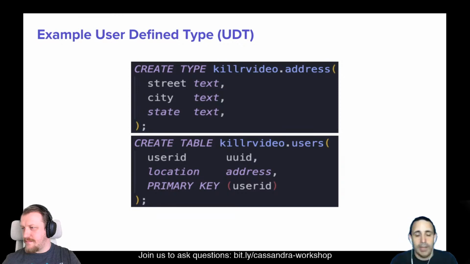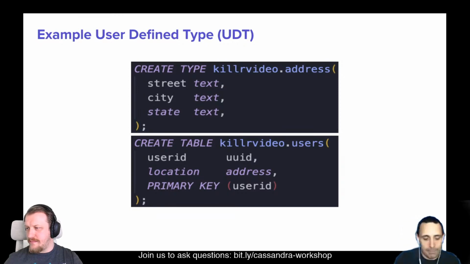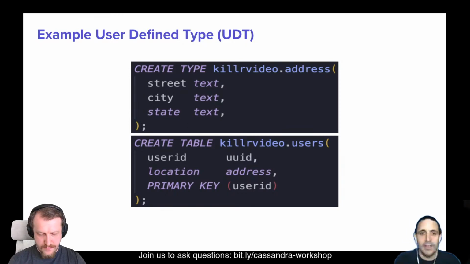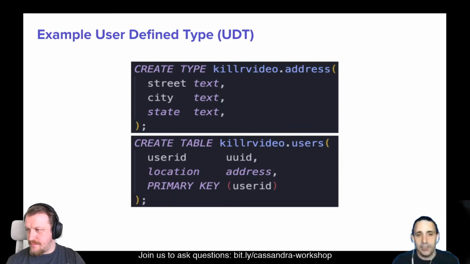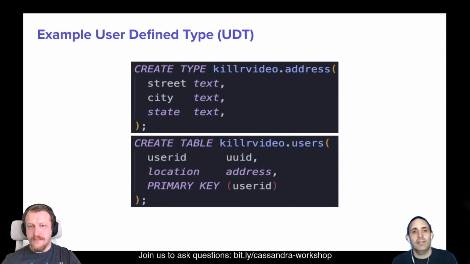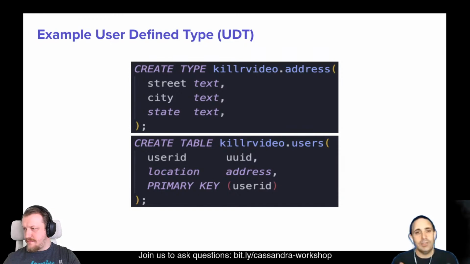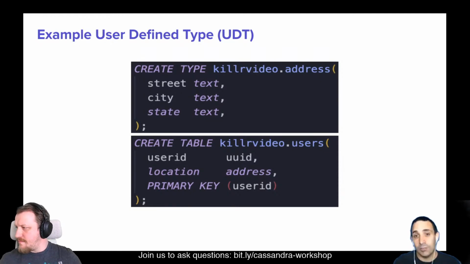And you can play with all that. You can have a list of address, a set of address, a map of text address. You can have nested UDTs, and you can start playing with a JSON-ish kind of format, but you don't really want to store JSON in Cassandra like that. There is a schema here, so you must stick to the schema. And this is how it looks.